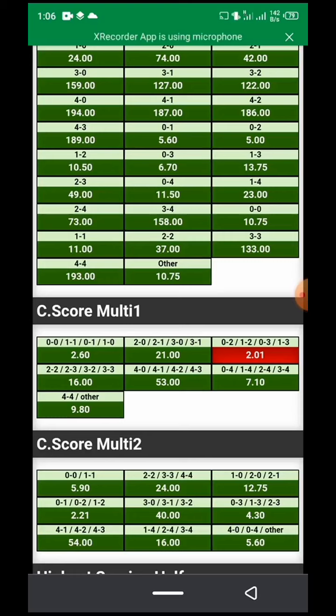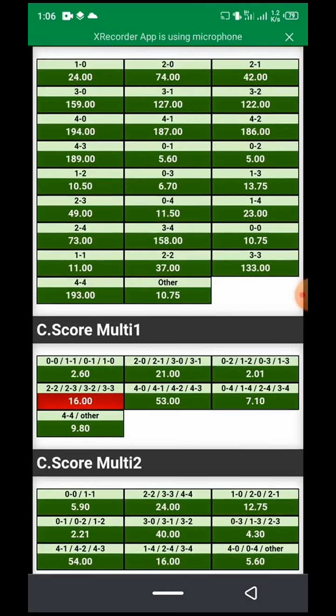Going further, you have the next odd there. You have 16 odd. That means you're expecting the game to end in a draw 2-2, or you're expecting Spain to beat Egypt by 3 goals to 2, or you're expecting Egypt to beat Spain by 3 goals to 2, or you're expecting the game to end in a draw 3-3. That's why you have the 16 odds. Okay, going further, we have